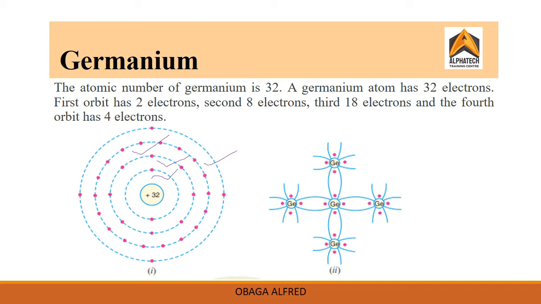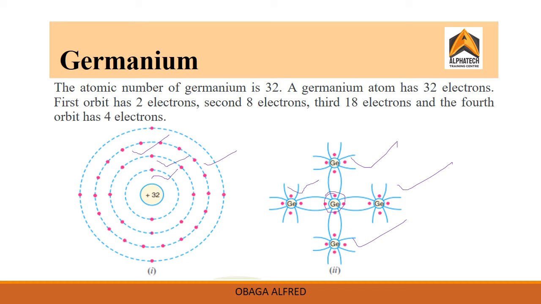Therefore, it is clear that a germanium atom has 4 valence electrons, and it is the tendency of each germanium atom to have 8 electrons in the outermost energy level. To do so, each germanium atom positions itself between 4 other germanium atoms. Like this is the central one, so it has 4 other germanium atoms, each of which will contribute an electron for sharing purposes.